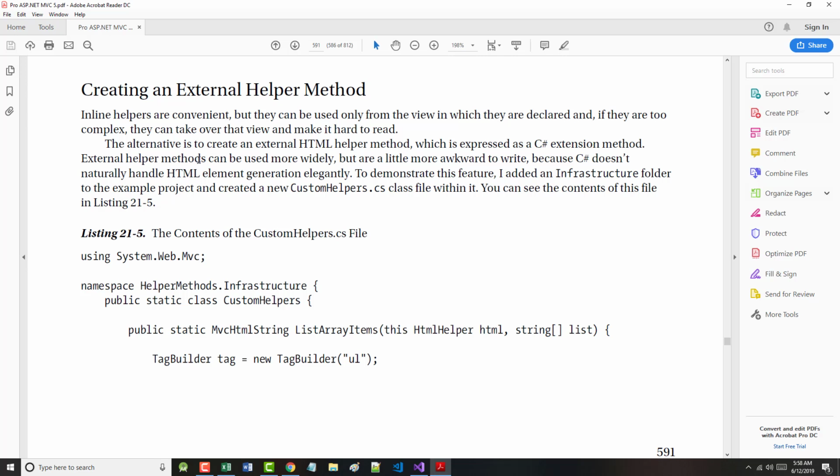I use extension methods quite often. An extension method allows you to add methods to existing built-in C# classes that either Microsoft created or other people created, where you don't directly have access to the source to change it. So it says the alternative again is an external method expressed as a C# extension method. External helper methods can be used more widely, but they're more awkward to write as C# doesn't naturally handle HTML element generation elegantly. So we're to add an infrastructure folder,